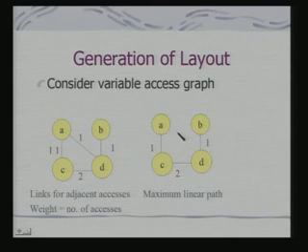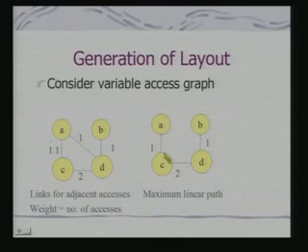There may be more than one such linear path also, but the interesting thing is what we have figured out here is that this gives you a linear path connecting all the variables depending on their access pattern. And what it is suggesting is that if I now put A, C, D, B, that is C and D are consecutive, that would maximally exploit the auto increment decrement operations because that weight is maximum, okay.